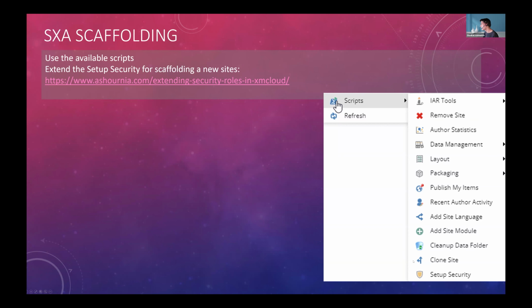It's quite easy, and using that PowerShell script, after the site is created, you can easily set up the permissions for the tenant or for the websites. I added some links in here, and in there I explained how you can extend the site setup security scripts.